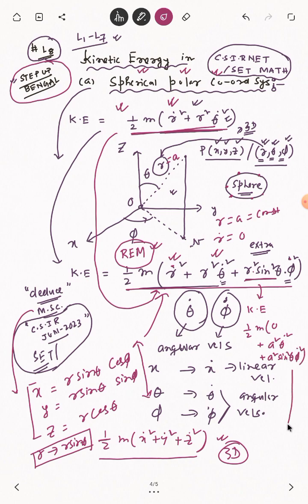So this expression ultimately becomes half into m into a square theta dot square plus a square sine square theta